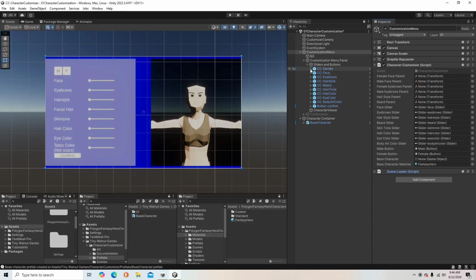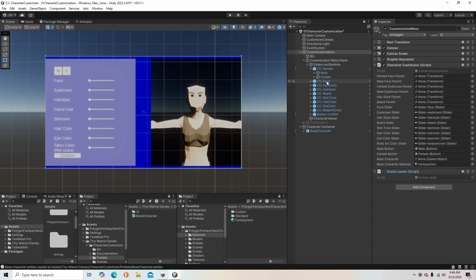Not the gender, sorry. Expand gender, because we're going to use the individual male button, female button. You see that's already there. It looks like mine are already set. I find that interesting. I did not realize that that automatically happened, but if yours did not, you will need